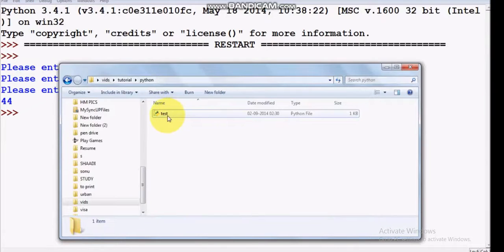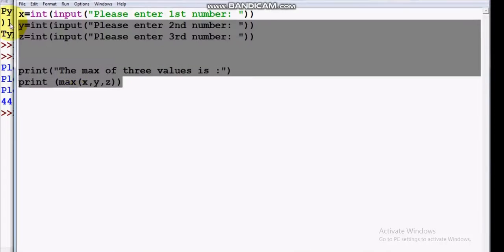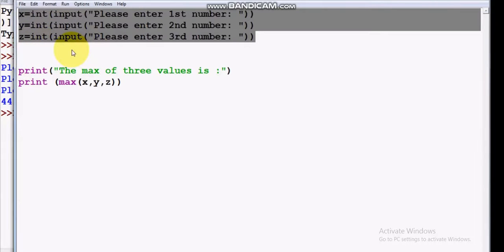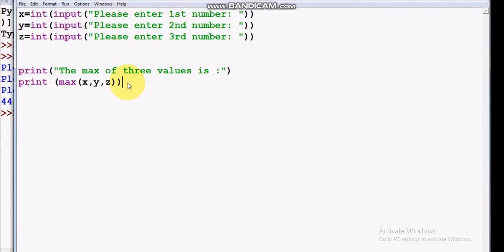So I have saved my Python file here, but there is a little correction you need to make in this program. And what is the correction? Because it's taking three inputs, and it's going to print this answer, and just after printing the answer, it will instantly exit. So what you need to do is give something so that it can stay. So just write input,